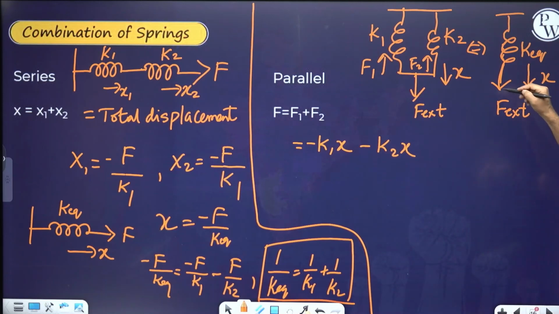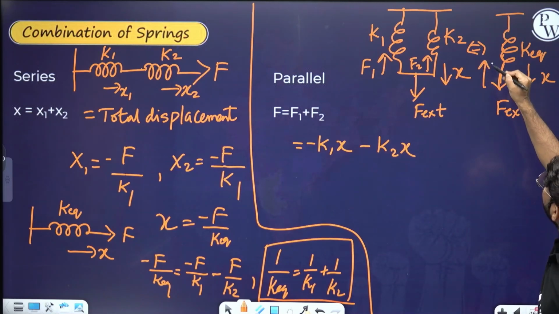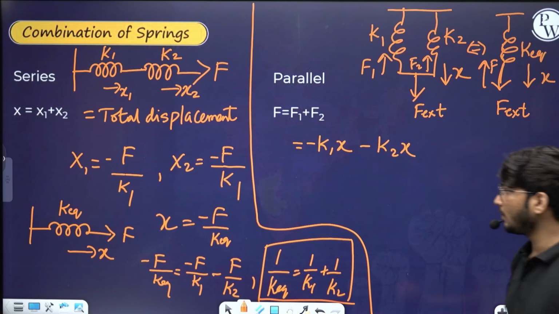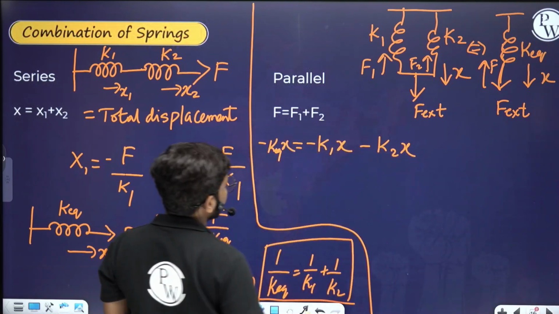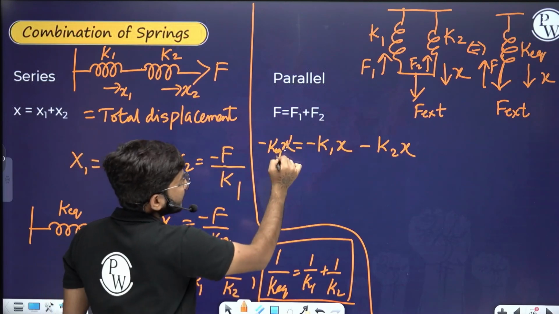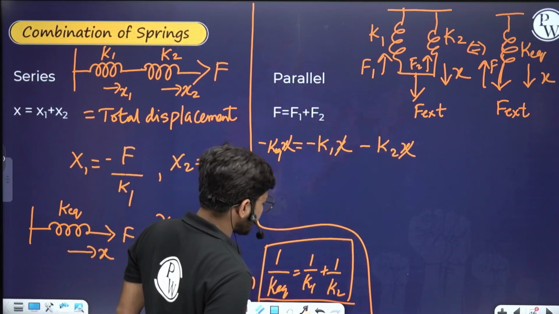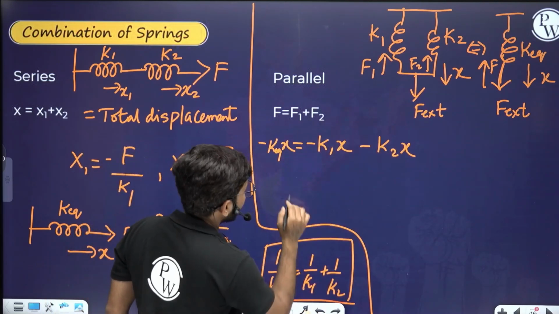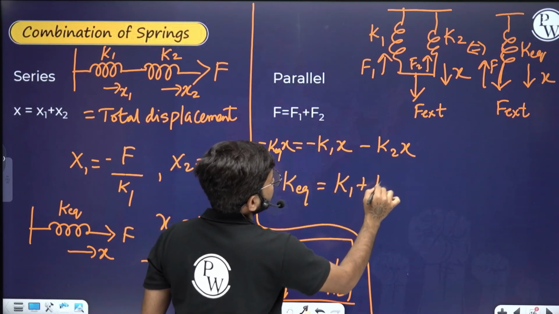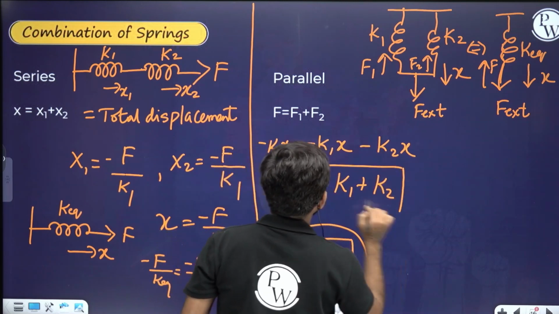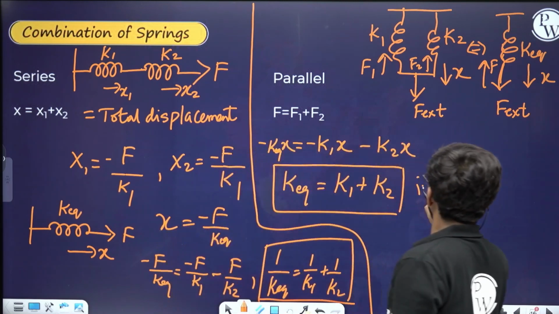Similarly here also the same value F is in the opposite direction, so minus K equivalent into x. So everywhere x is getting cancelled and minus is also getting cancelled. So I can write K equivalent is equal to simply K1 plus K2, in parallel,